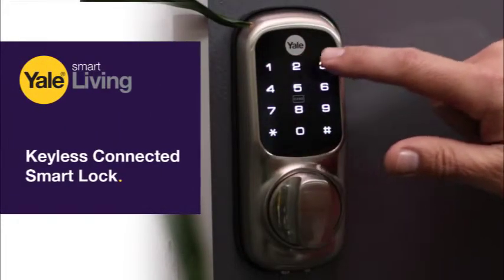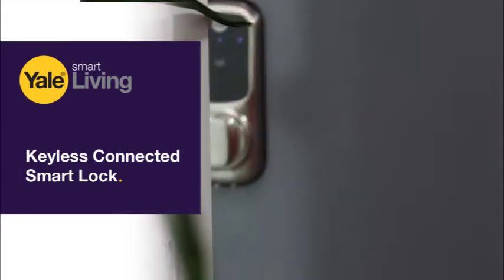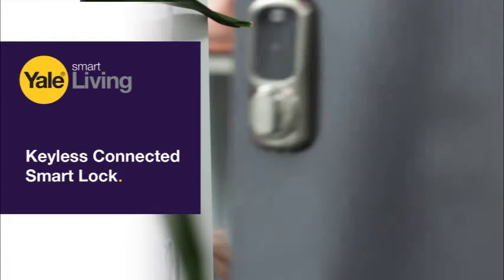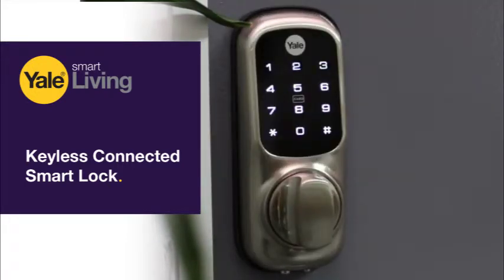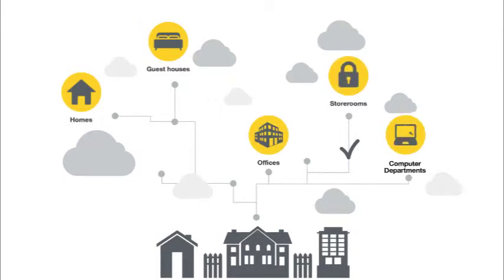Introducing the Yale Keyless Connected Smart Lock, a giant leap forward in security convenience. This new generation smart lock is the perfect solution to control access through doors. For homes, guest houses and offices to storerooms and computer departments, the Yale Keyless Connected Smart Lock is the ideal